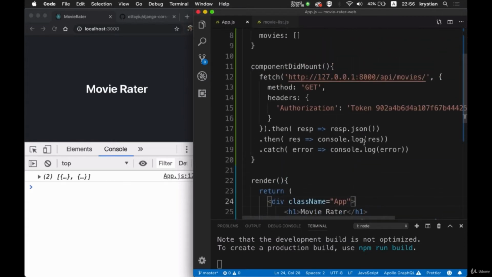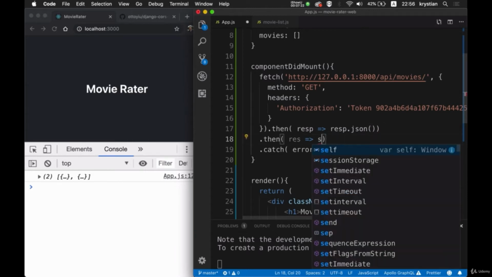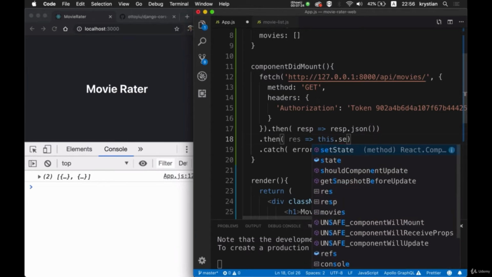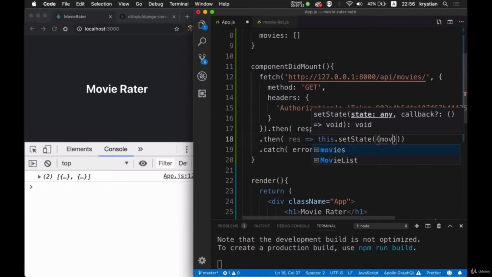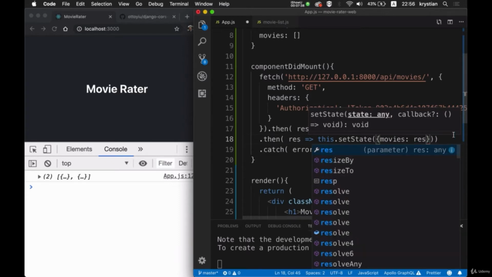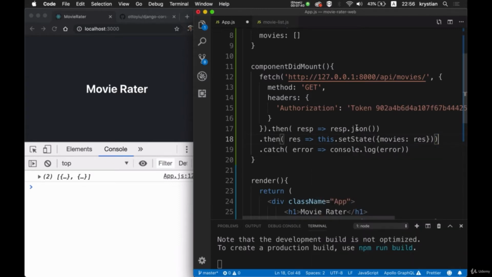So what we need to do here, instead of console log, is we do this set state, and then we will set an object, and we would like movies to be equal to res. So once we have that JSON, this object, we'll just set state movies, which here at the beginning is empty, and we'll set it to res, which is this JSON, as you can see here. So once I save it here,